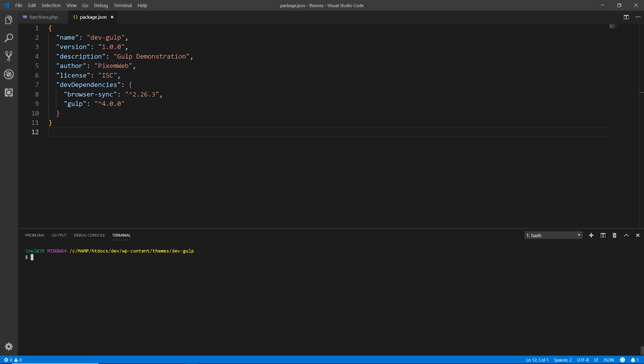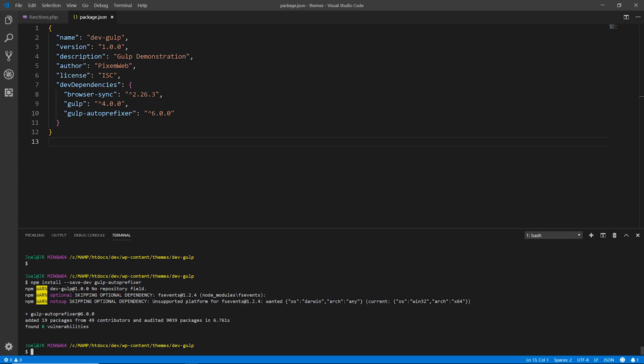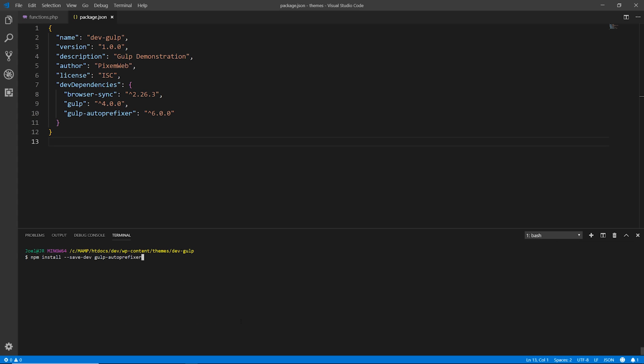So now what I'll do is go here and press the up arrow. Now for this one, I'm going to type out gulp-autoprefixer. Press enter. And now we see we have that installed. I'll clear the screen. Now the next plugin I'm going to install, let me go back this way, is called